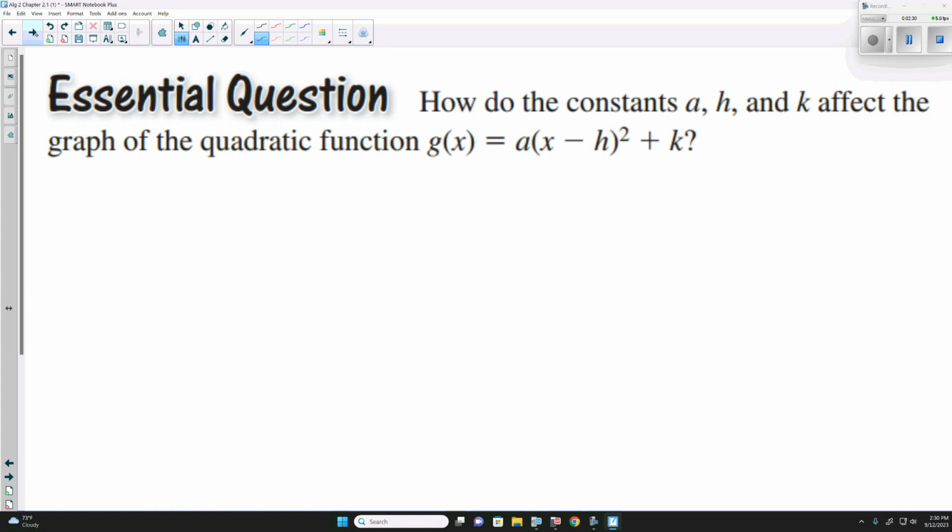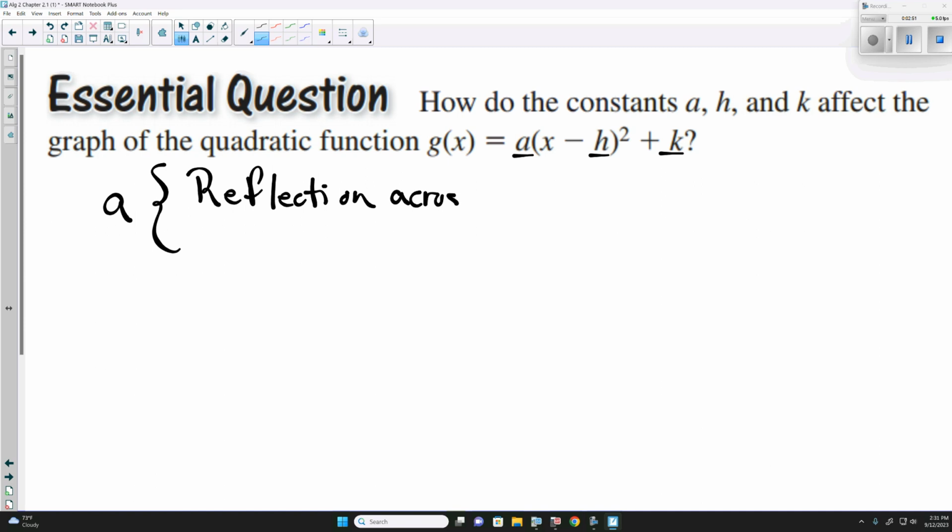Now, we'll look at this first part here. There are 3 parts to it, a, h, and k, and these are things we've covered already. So you can write these down if you want, you don't have to. Now the a has 2 main parts. If a is negative, it's a reflection across the x-axis. If it has a value between 0 and 1, or greater than 1, it's a